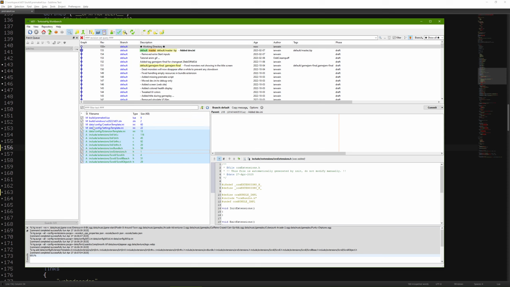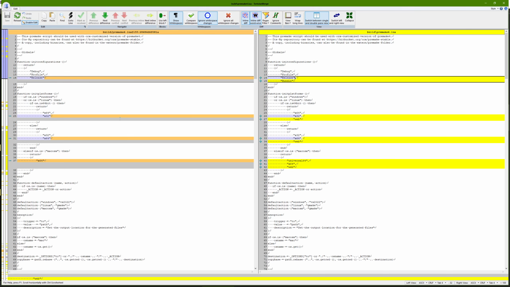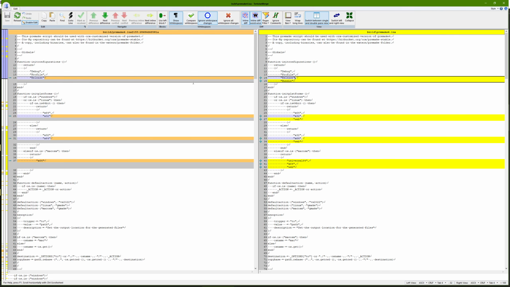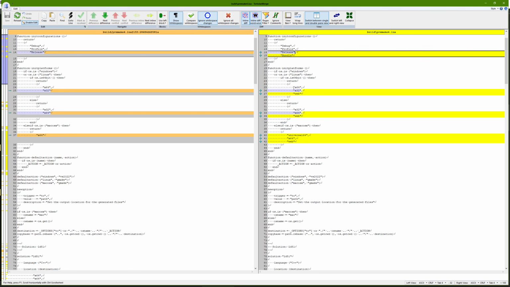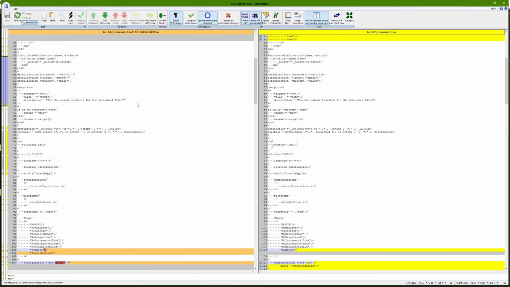Lastly, we're going to make a diff on that project file just to see what kind of changes happened in the last 2 years. As you can see, there's a new configuration bundle that was added. There's a new configuration to support the web. We're also going to cover the web target platform with this project as well. We're going to have our project running on the web at the end of these little updates.